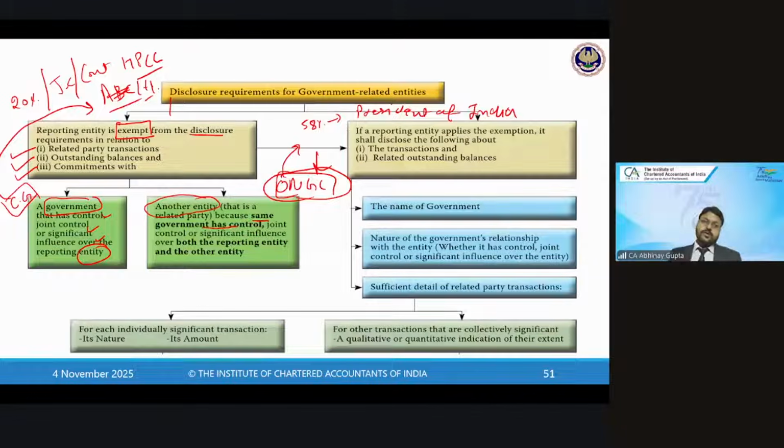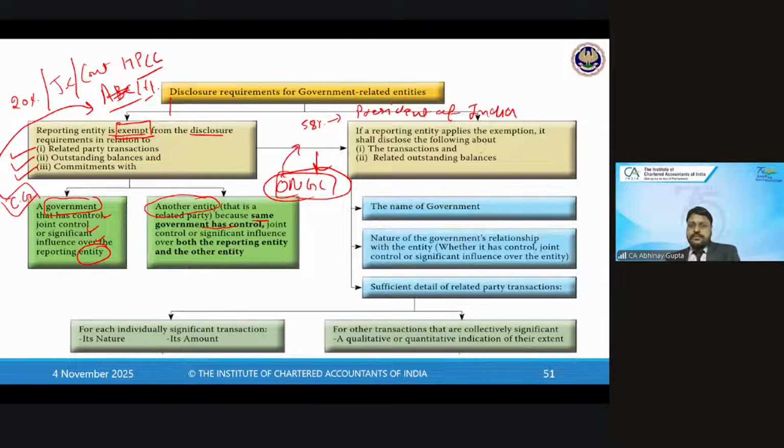Because government doesn't want to be exposed. That's the only possible reason, right? Okay, sir. Fine. So in this case, ABC Limited will claim the exemption. Okay. Now,